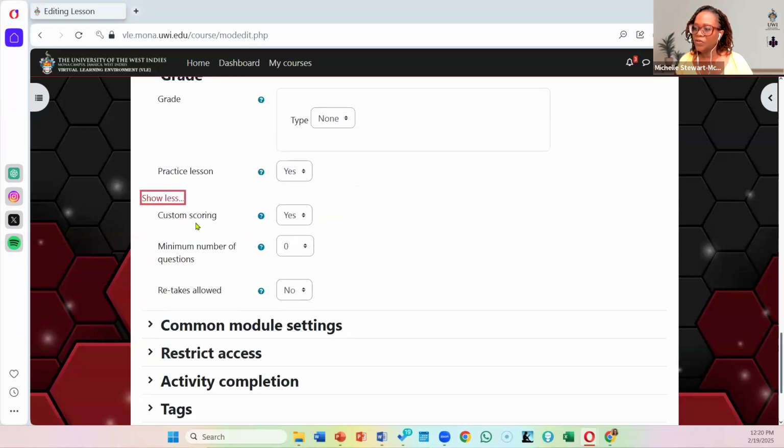And then you can decide if the scoring is going to be customized, meaning that you have 5 points that has a weighting of 1, that sort of thing. So you can determine whether or not you're going to use custom scoring, the minimum number of questions that the students have to answer. So for a practice, I wouldn't lock them into a minimum number. And if they are allowed to retake it, for this purpose, we're setting up a practice lesson, yes, they can